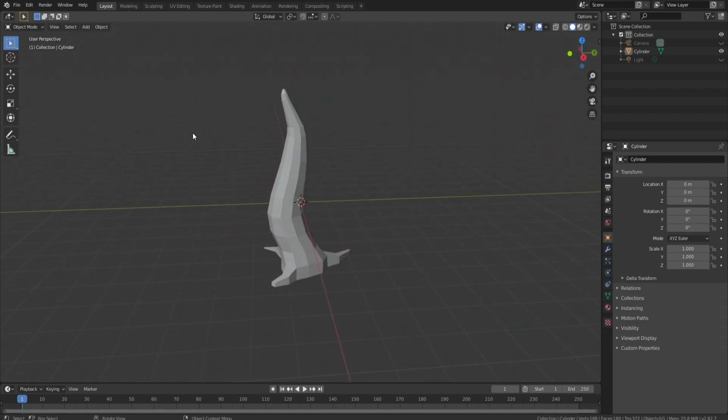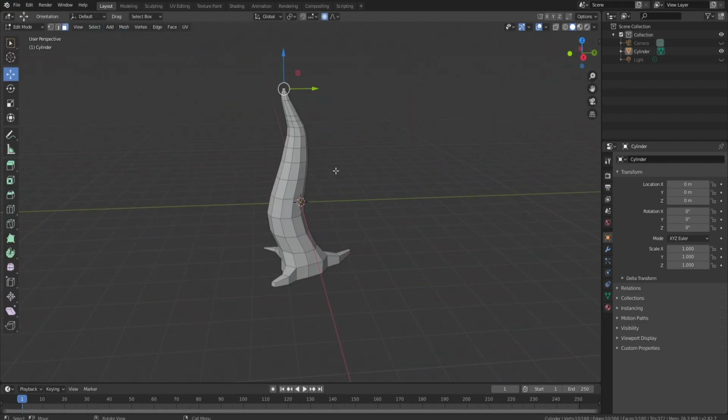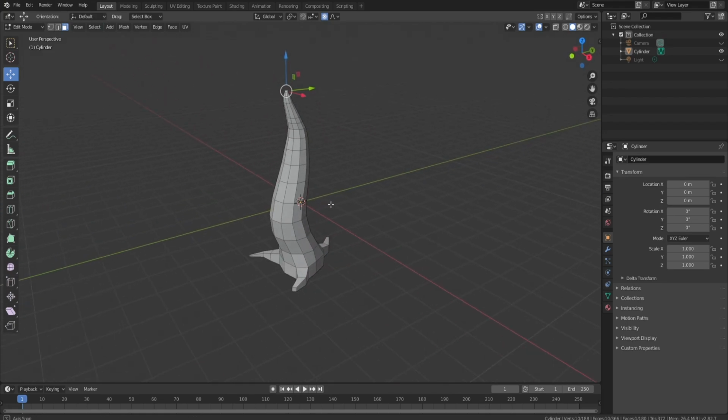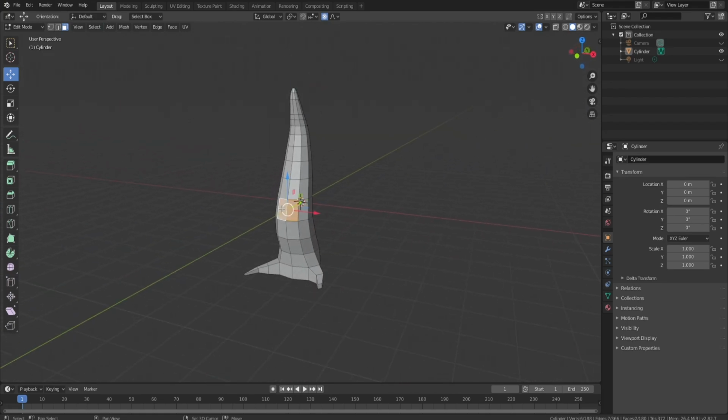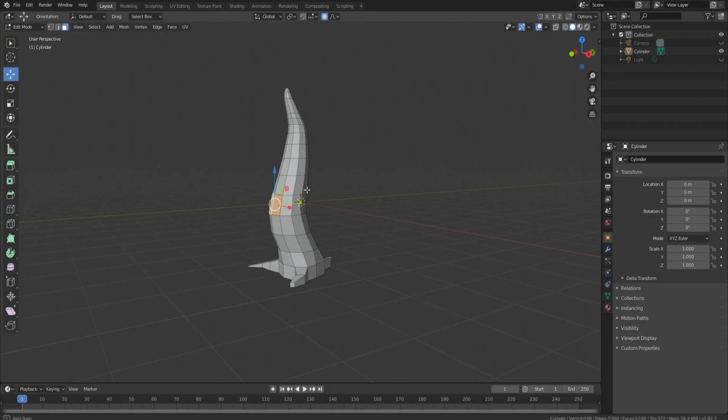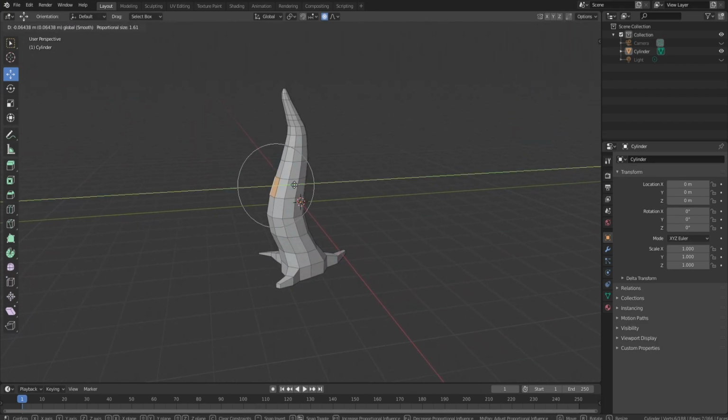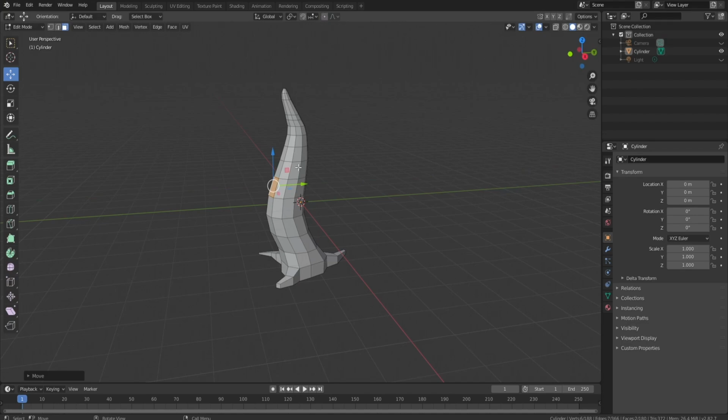All right. Up next, we need to go ahead and start making our branches. So to do that, we're just going to be grabbing faces and extruding them out. Now, since this is thicker down here, we're going to grab more than one face. And I think we'll probably go up one more here. So something about right here. Drag this out a little bit. We could turn off proportional editing. Drag that out. Extrude,